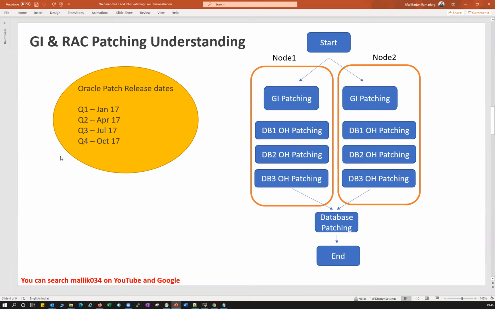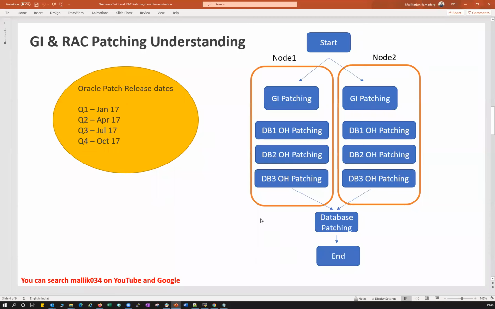So patch DR, give it at least 3 weeks, check how it behaves, and then start on your production. If you patch DR and then keep it for more than 4 weeks, that is not best practice and not advisable. As long as you are planning to patch your production, you can patch your DR and keep it for 1 week, 2 weeks, or 3 weeks, and then patch your production. That's one of the best approaches you can follow.